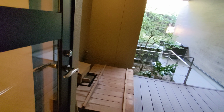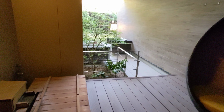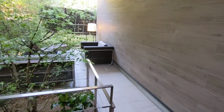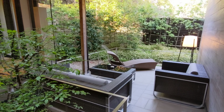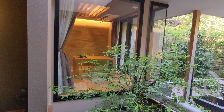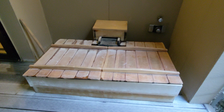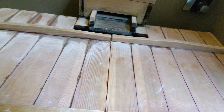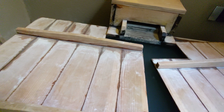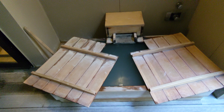And then over here, you can also enter this area from the living room through this door. Anyway, so you have a little chair. You have a little sitting area out there. You can see the Japanese sitting area of our suite here. And then they also have this mini open air rotenburo, which means open air bath, which is both the indoor and outdoor one are natural onsen hot springs. I'll just open that part of it so you can see. So you can just get in there and enjoy the